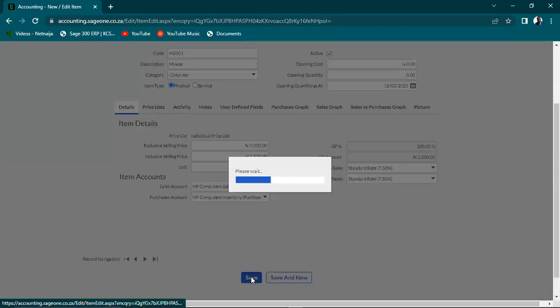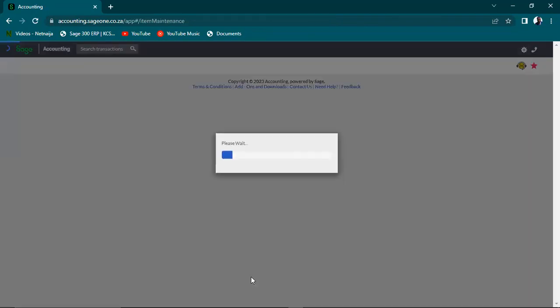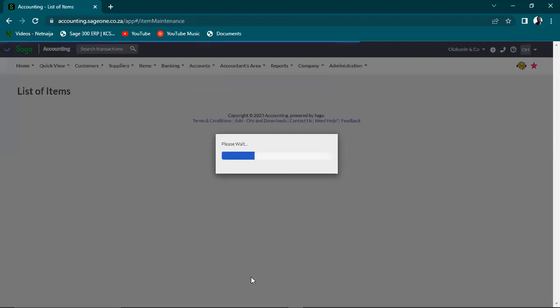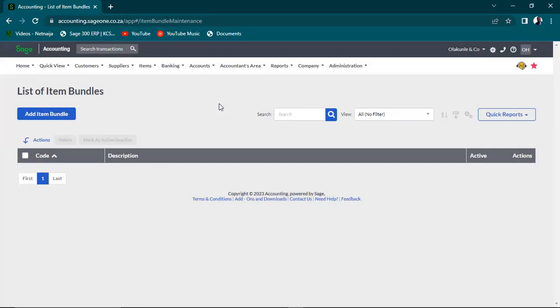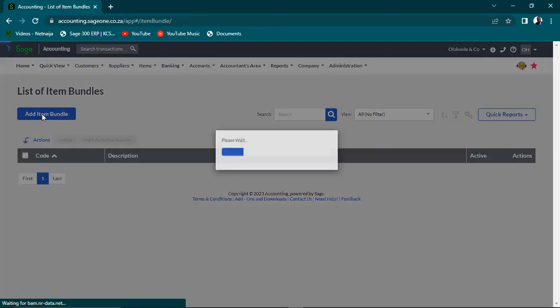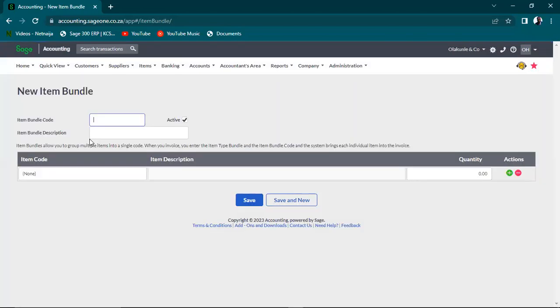But what I'm trying to achieve here eventually is, let's say for this Easter, I can say Easter bonanza: buy an HP and get a free mouse together with it. When I do that, that's a bundle. So I come here and do item bundle. In selling that, I can add an item bundle and call it